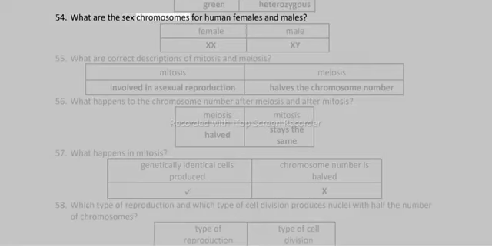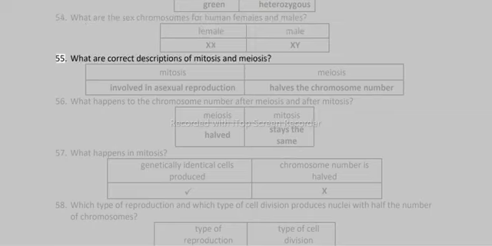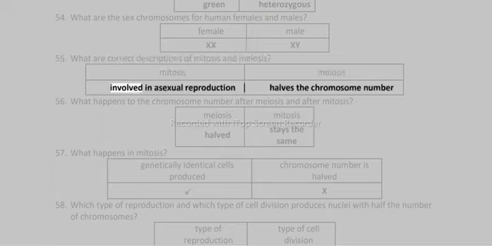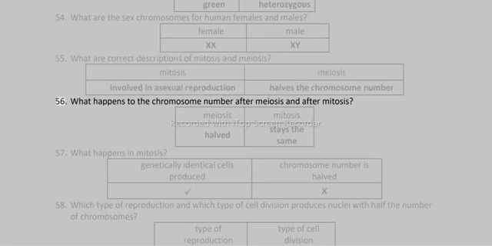54. What are the sex chromosomes for human females and males? Female, male: XX, XY. 55. What are correct descriptions of mitosis and meiosis? Mitosis: involved in asexual reproduction; meiosis: halves the chromosome number. 56. What happens to the chromosome number after meiosis and after mitosis? Meiosis, mitosis: